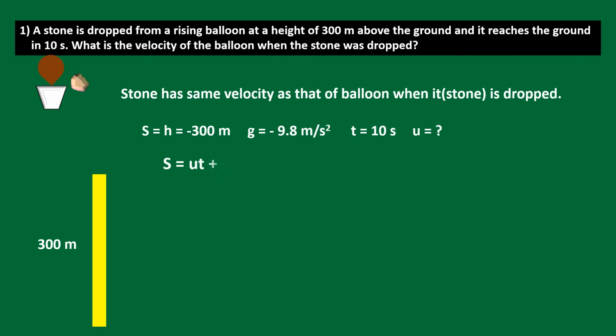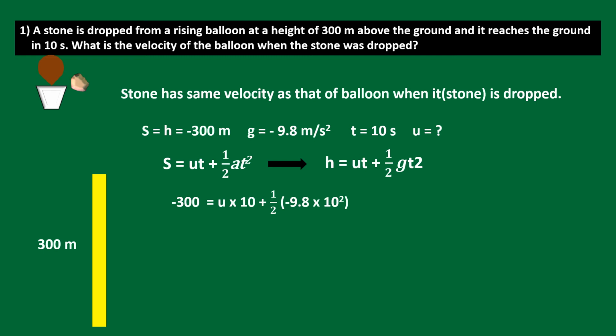So if we substitute the above values in the formula, S is equal to ut plus half at square, this becomes h is equal to ut plus half gt square. Now if we substitute the values, we get minus 300 is equal to u into 10 plus half into minus 9.8 into 10 square. This becomes minus 300 is equal to 10u minus 490,